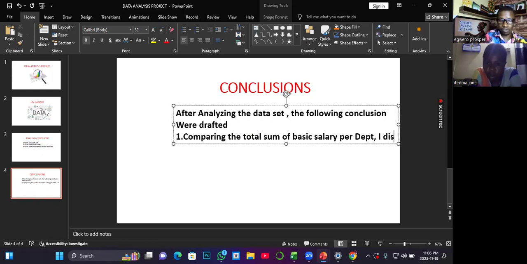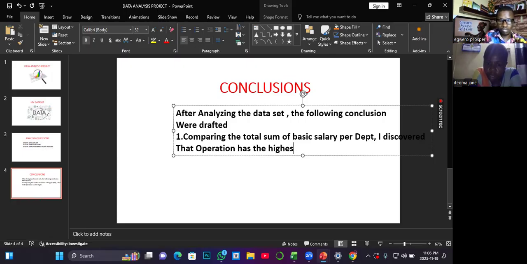I discover that operation, I just want to write only one, then you write the rest. Operation has the highest basic salary, with, you must mention it with the sum of,